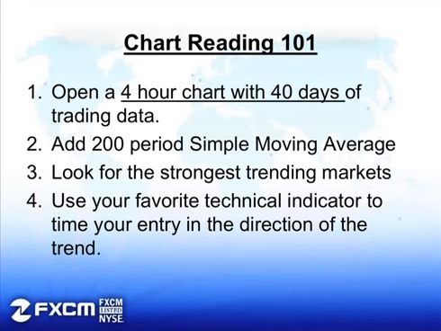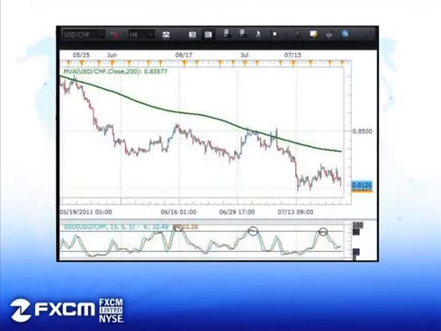So here, for example, here's a 4-hour chart on the dollar Swiss. 200-period moving average. Again, because we're dealing with a shorter time frame chart, the price action is going to be a little bit choppier, but still we can see it's in a downtrend. And here's our slow stochastics on a 4-hour chart. And every time it rolls over after having been above 80, or here it just touched, so I'm fudging a little bit on that one, but every time it's been above 80 and rolls over, close to 80 in this case, that would have been an entry point.